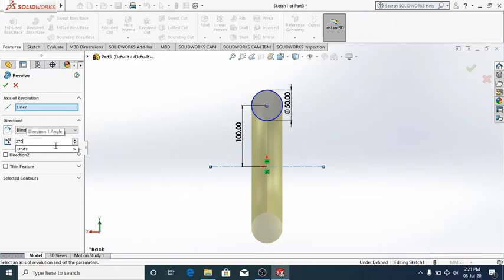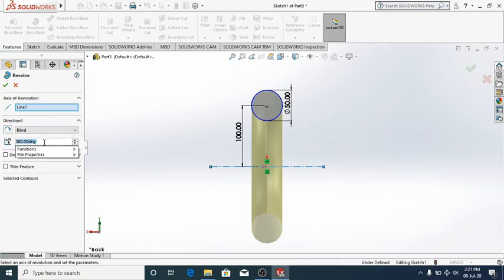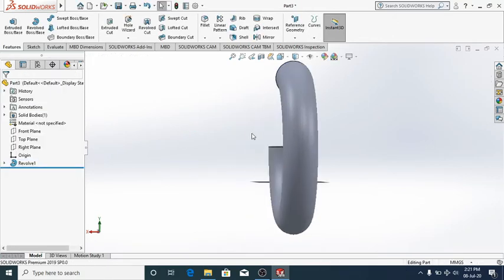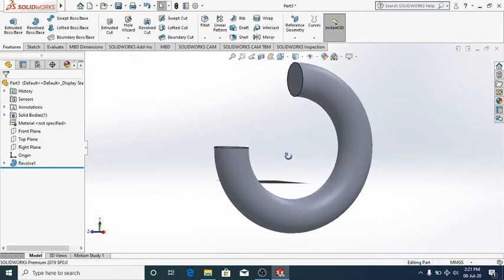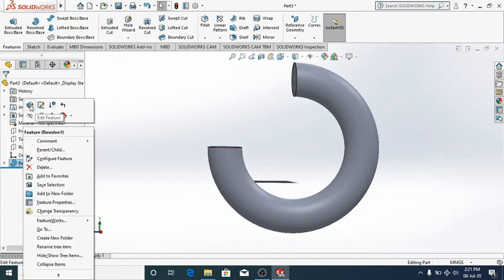So let's say 270 degrees, then that will only turn 270 degrees. Let me change this to 270 degrees. Yeah, done. Check this out, guys. This is just 270 degrees of rotation. Let me change this. Edit feature.